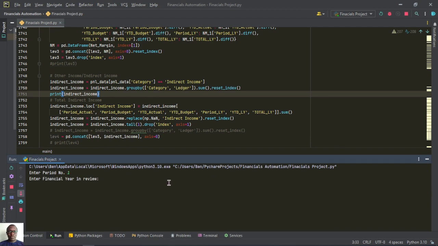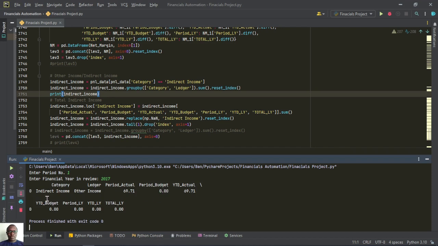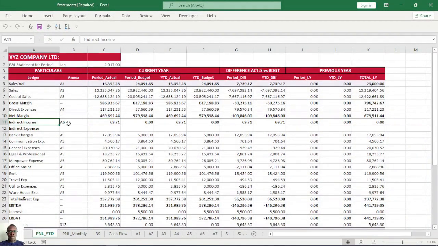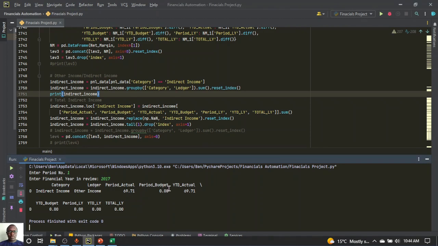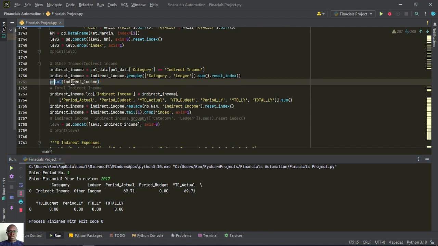Period is 1. Financial year still 2017. So this is what we have as indirect income. When you check on this Excel workbook, indirect income is here. These are the values. Okay. So period last year is 00. There are no values for period last year. And then now let's move to